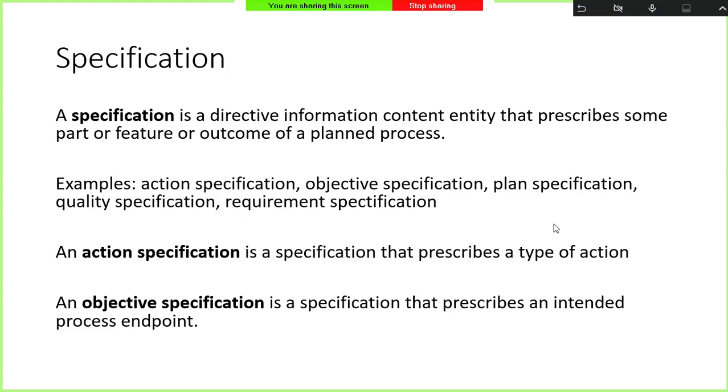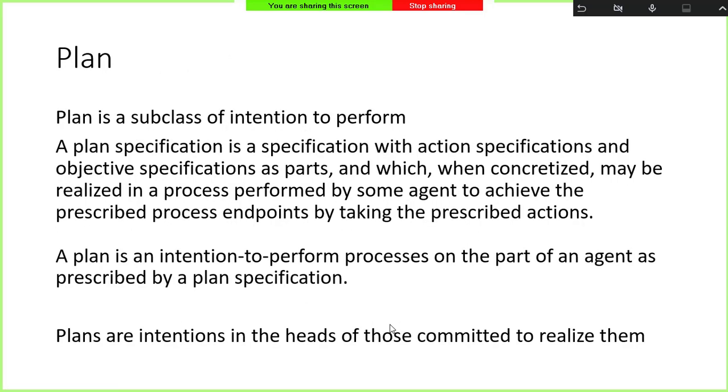It means that you're prescribing some aspect of a planned process. And now we have action specifications which directly prescribe a process. We have objective specifications which prescribe the end point of a planned process, and so on. And that's what the rest of the slide says. All right, now